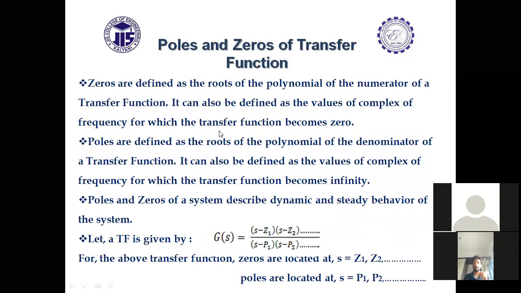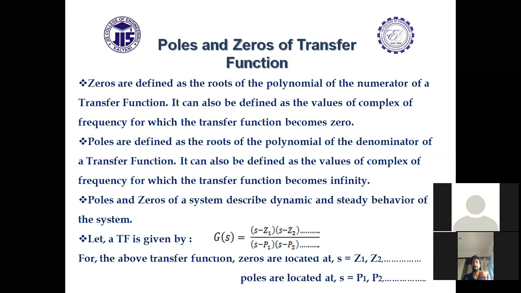Okay. Now what is pole zero of a transfer function? Pole zeros of a transfer function actually determine system behavior. How a system should behave entirely depends on the location of pole zeros. Poles and zeros are nothing but some complex frequency points, and those locations of pole zeros for a particular transfer function or for a particular system will determine how the system actually should behave. So that is why this pole zero calculation is very important for control system analysis.